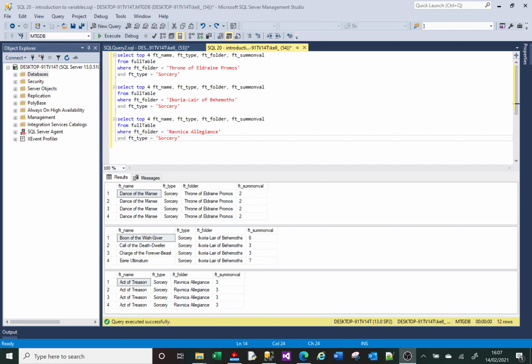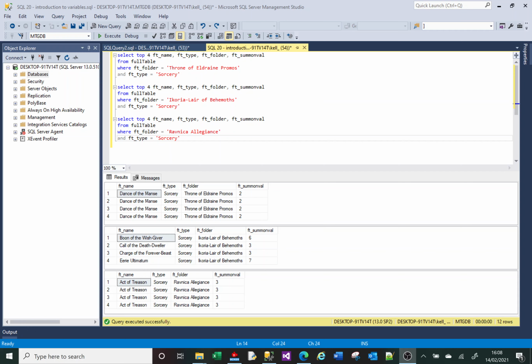Hi, welcome to this SQL tutorial covering an introduction to variables. A variable is an object that we can create in SQL to store a piece of data, and then we can use the value in our variable in other queries and pieces of SQL. I want to show you how we create variables, how we can use them, a few examples of their use, and also the rules behind the creation and execution of